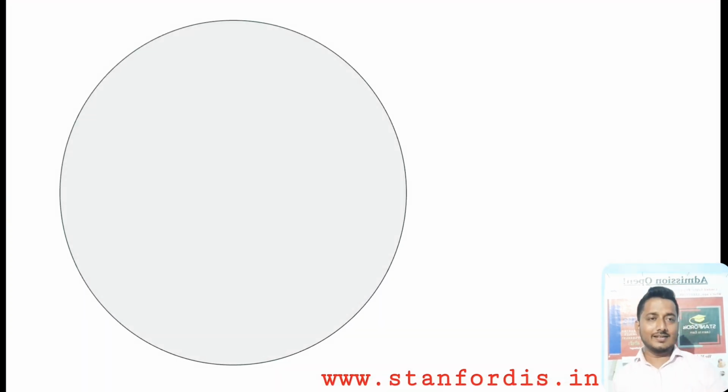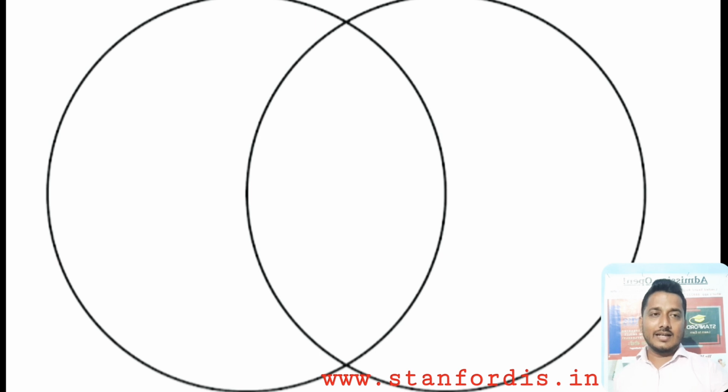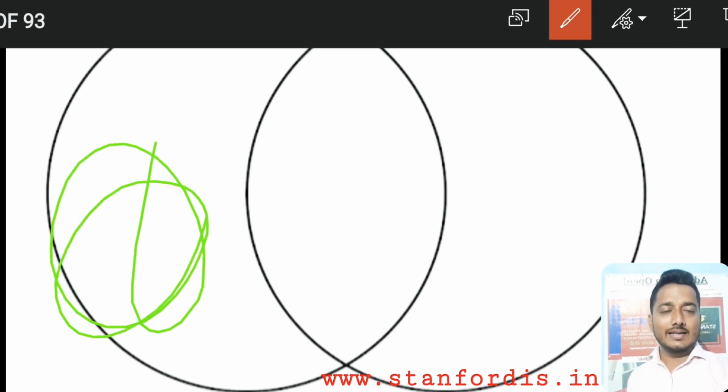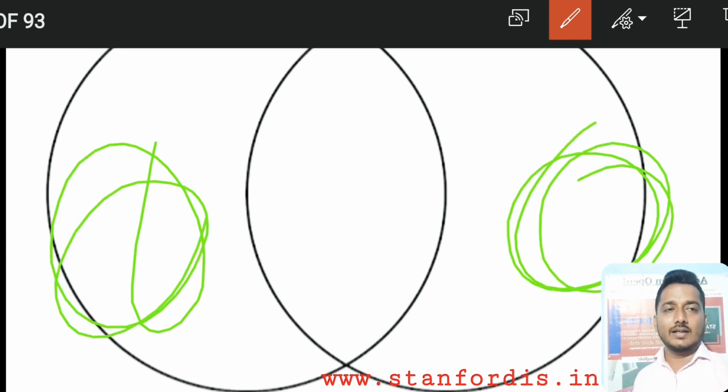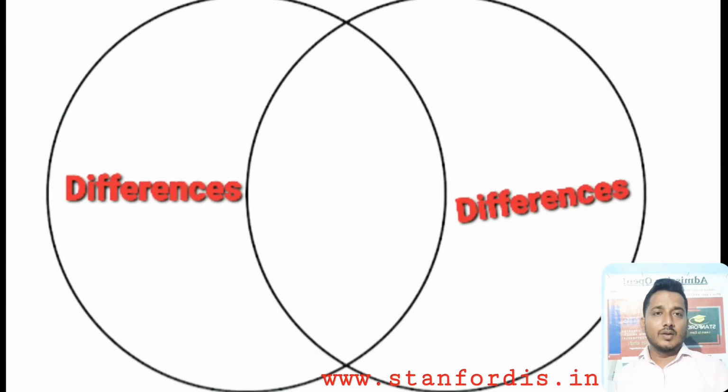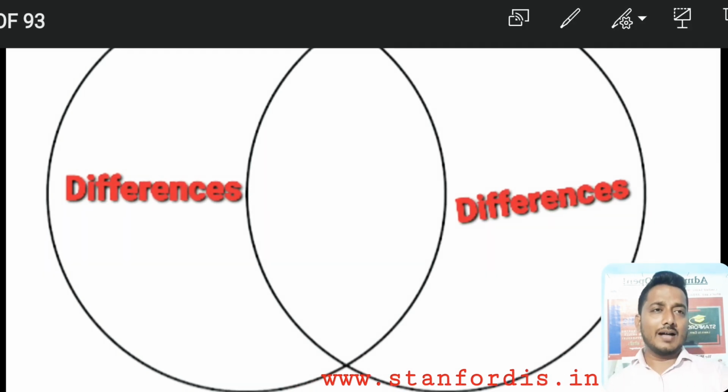This is one circle. This is the second circle. So see, the second circle is overlapping on the first circle. Okay, so this is the way of making a Venn diagram. So what are we going to do? On both the parts,